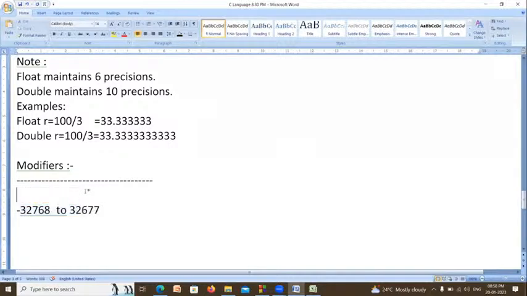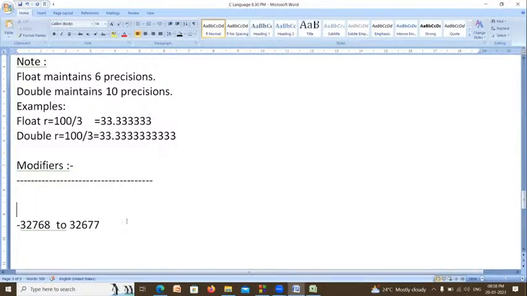I will give an example for this. Suppose there is a water bottle which has 2 liters capacity. In that 2 liter water bottle, how much water can you store? Up to 2 liters. Very good. Suppose you pour beyond 2 liters. I pour 3 liters. Then what happens? It will fall down. Very good. 2 liters will be stored and the remaining 1 liter will be wasted. Am I right?